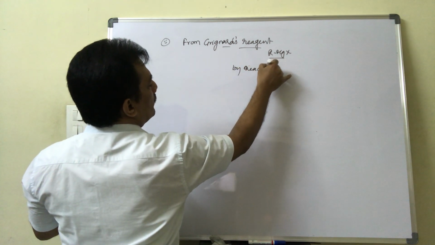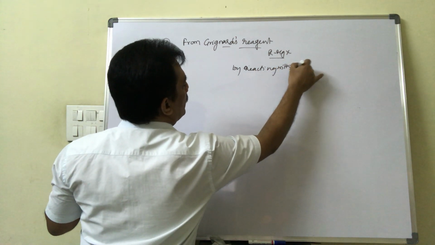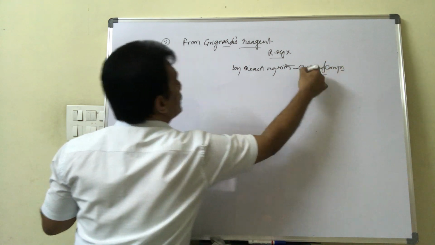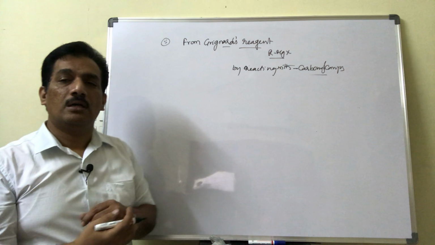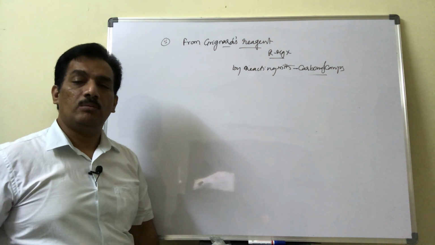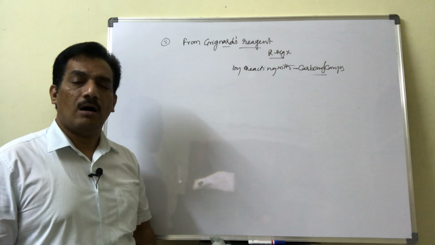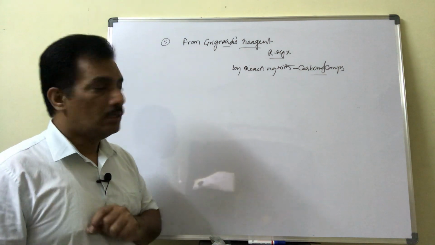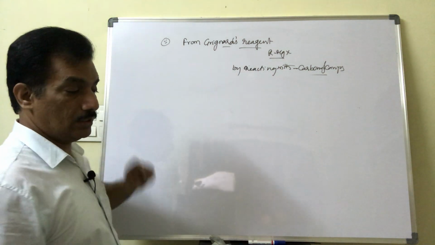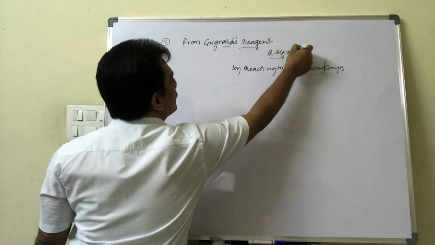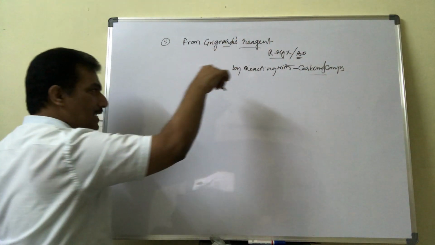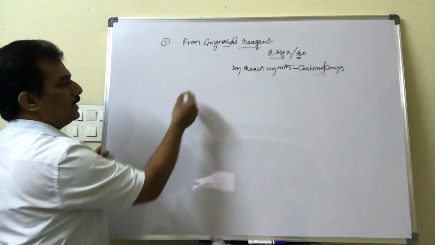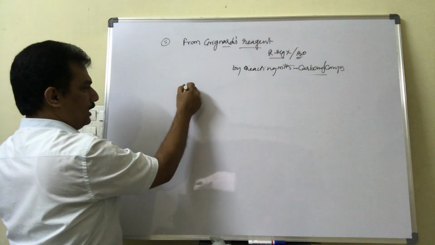reacting with, again we are going to carbonyl compounds. You remember, again the substrate is carbonyl compound. In the previous case, carbonyl compounds are reduced by using lithium aluminum hydride or sodium borohydride, or by using hydrogen in presence of nickel or platinum or palladium. Clear? But here the reagent is Grignard reagent. And dear students, you remember, here also the default reagent is there, that is proton provider water. Clear? And now let us consider again from carbonyl compounds what happened here.